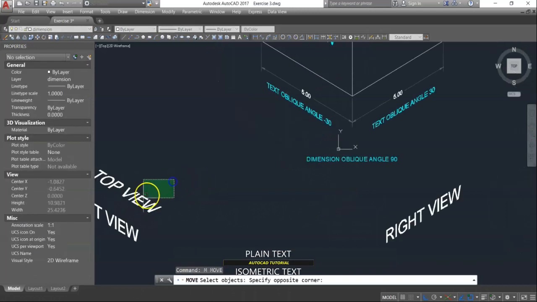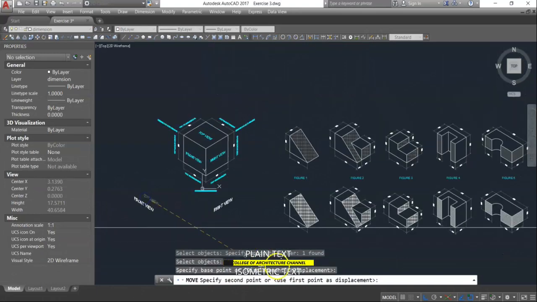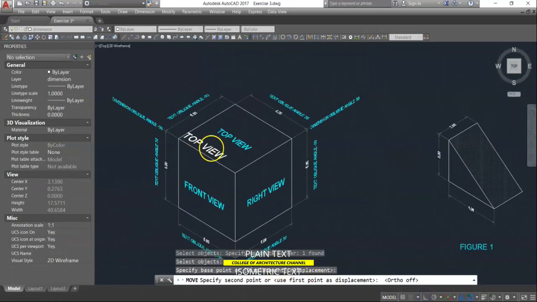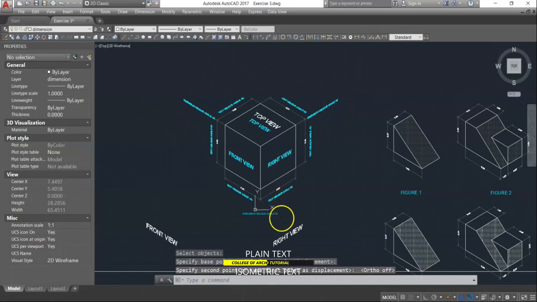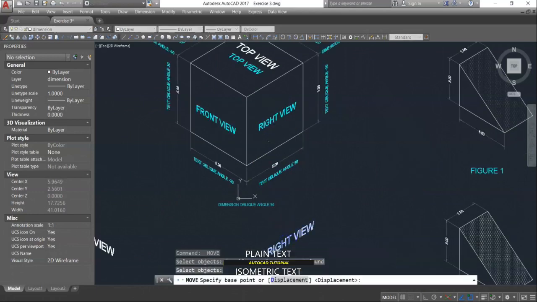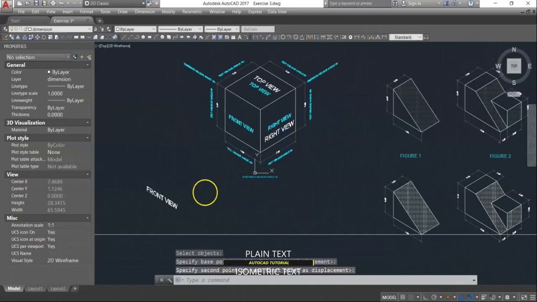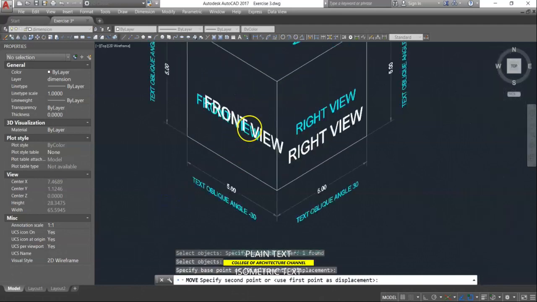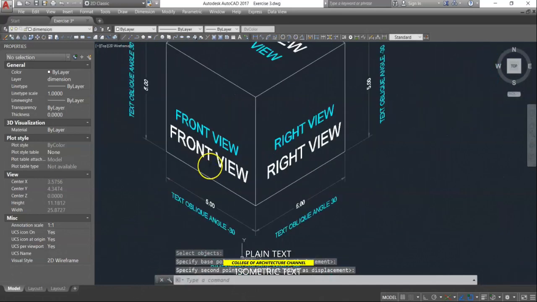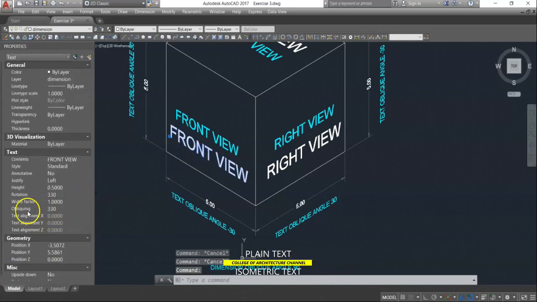So that's how you change the simple text to an isometric text. You need to have the properties and you need to select the text. Then you change the obliquing angle. And that's it for the